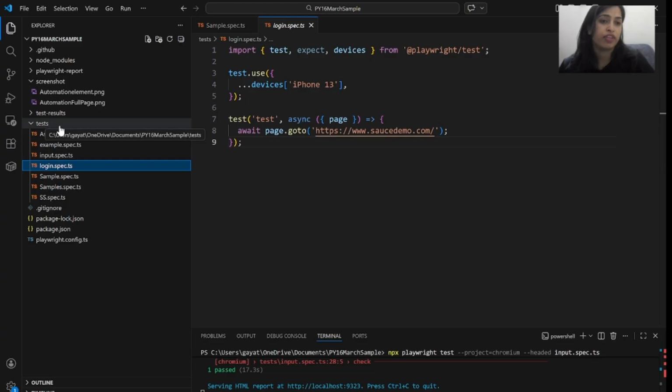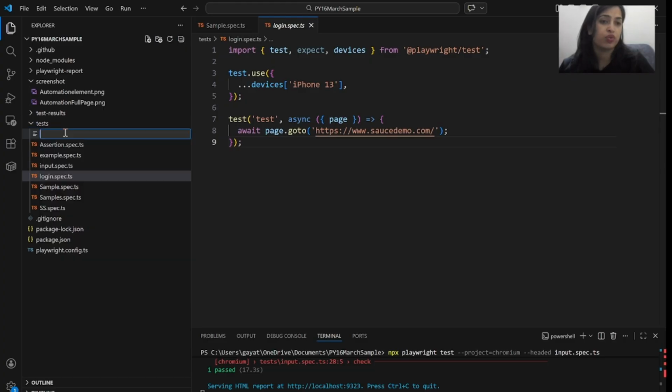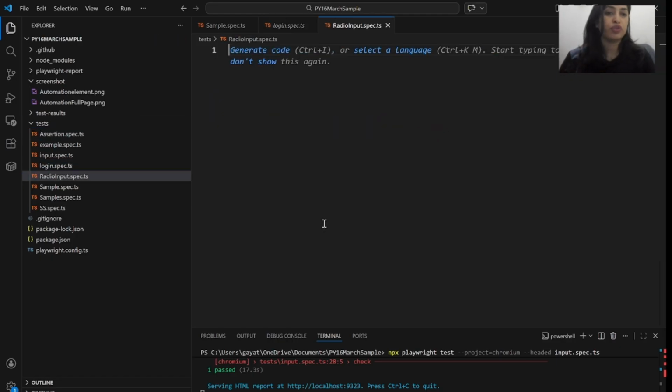I have to navigate to the test folder. Inside that, I do a right click, and here I have to provide the name of the test. I'm going to call it radio input dot spec dot ts. This is the extension you have to use while writing your script in Playwright.